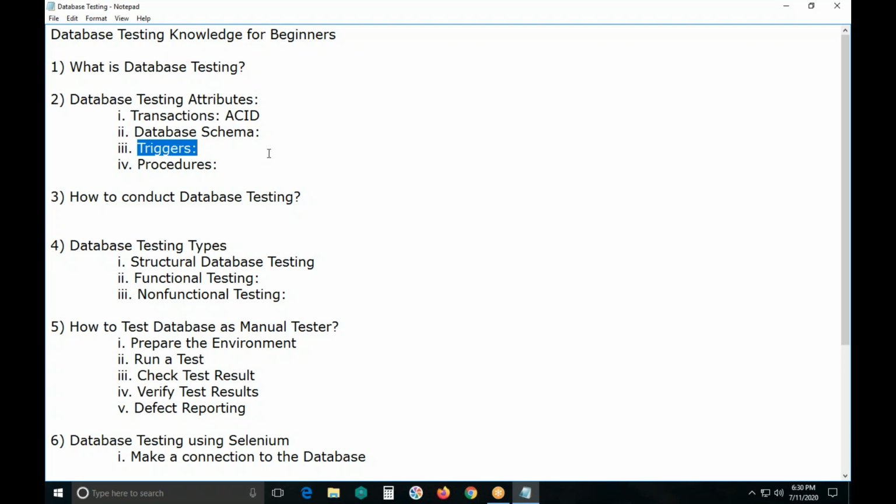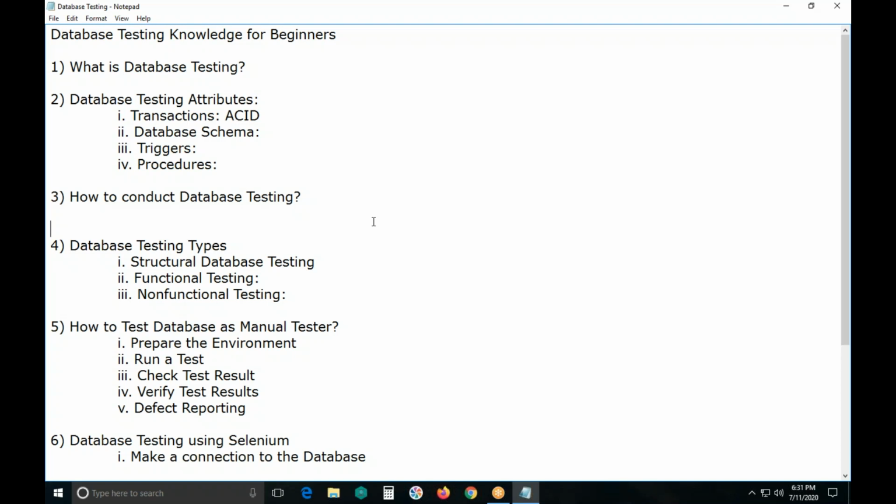Up to the 8th, if payment is successful, then no issue. Suppose no payment up to the 8th date, on the 9th date, it will add the penalty to that EMI. The trigger will fire.